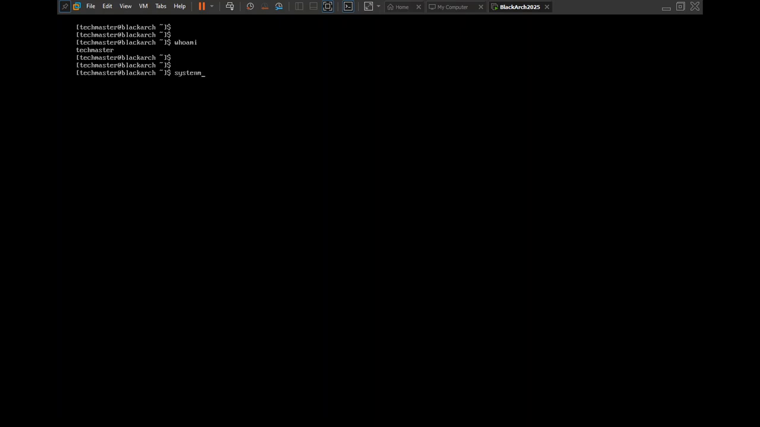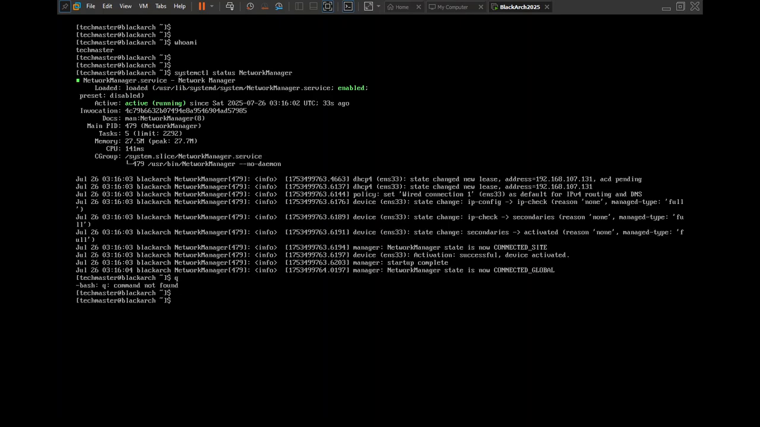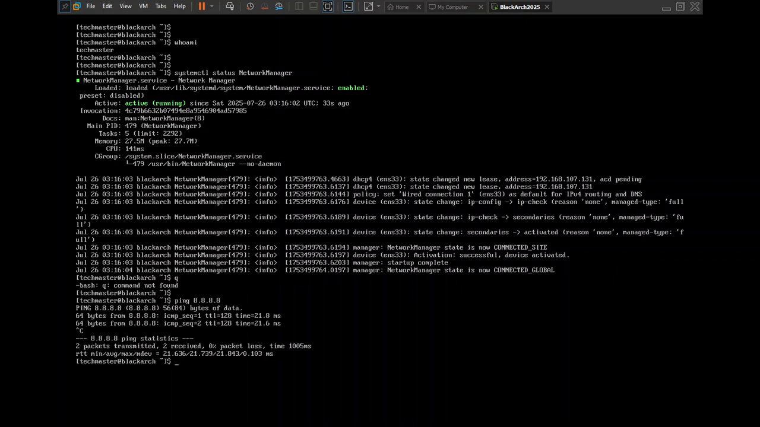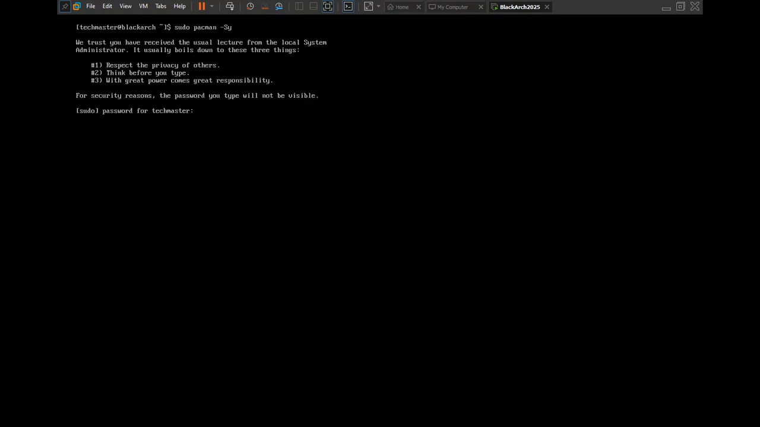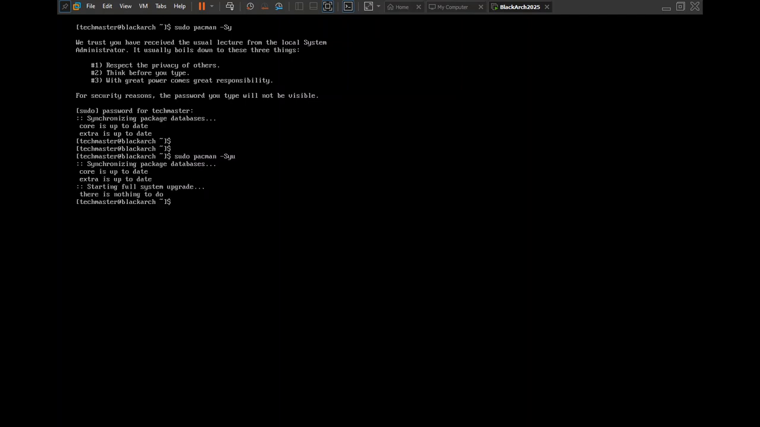Let's just quickly see the status for NetworkManager. Yes, it is enabled and running, so we should be able to use internet. Okay, good. sudo pacman -Sy. Yes, we will use sudo responsibly. Updating our package database, all done. We just installed the system fresh. It hasn't been long. There's nothing to do. So that's it for this